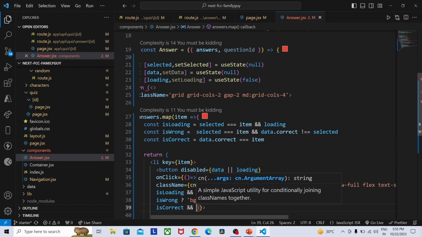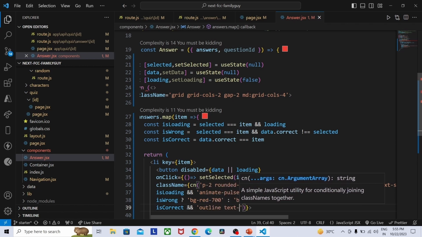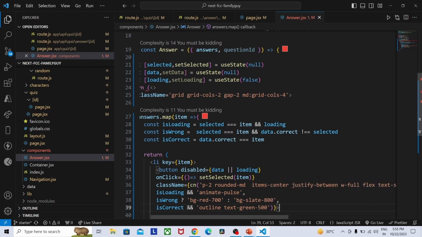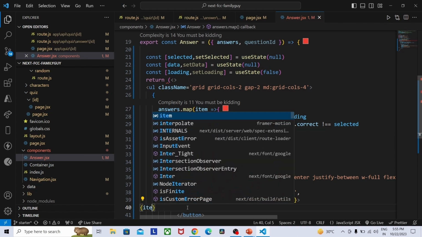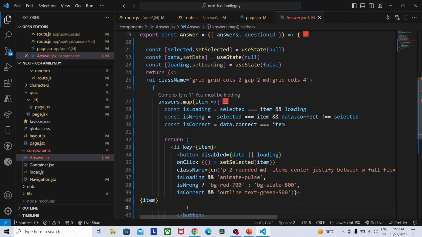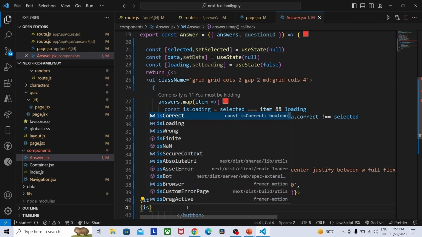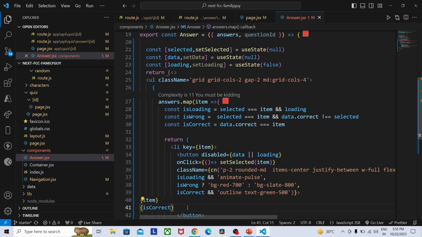If the condition is true, we have to provide an outline, and the text should be green 500. So inside this button, we are going to provide the values of item, and again is correct. If it is correct, we are going to provide the